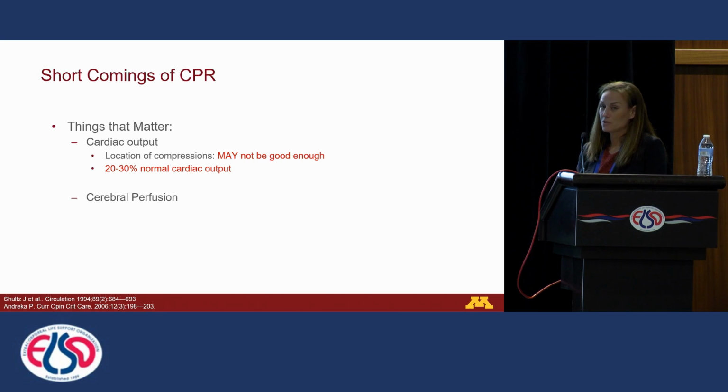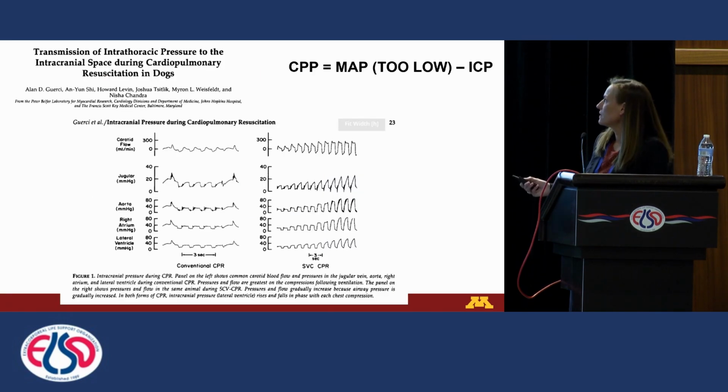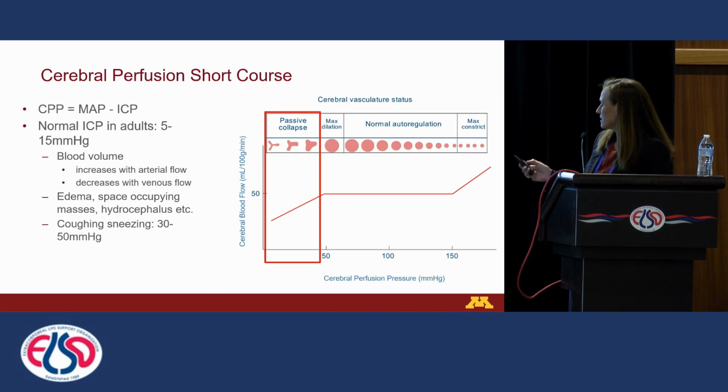Okay, cerebral perfusion, really tough topic to talk about and add in here, so I'm going to do my very best. As a non-neurologist, I will do my 1-minute spiel here, which is cerebral perfusion is your mean arterial pressure minus your intracranial pressure. And in normal people with normal blood pressure, we have autoregulation that maintains a normal blood flow to the brain. When your MAP drops below 50 or so, which happens in cardiac arrest, there's a loss of cerebral autoregulation,